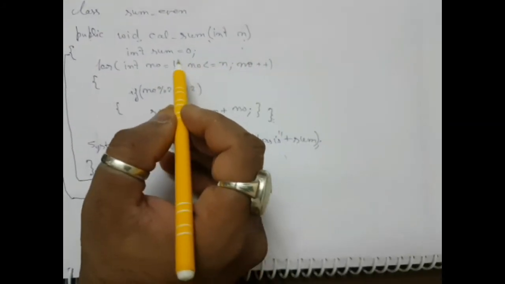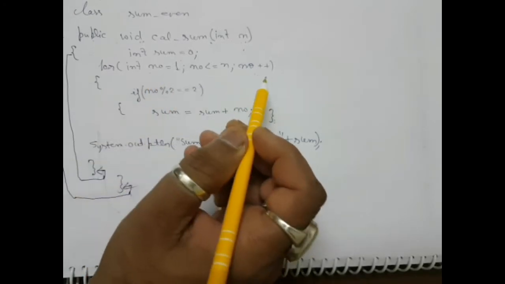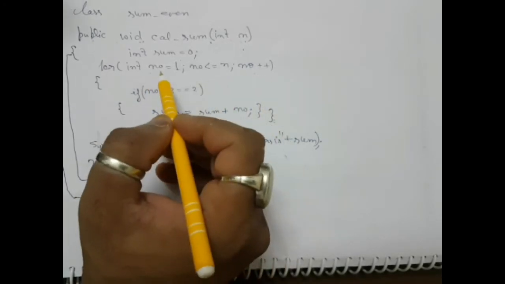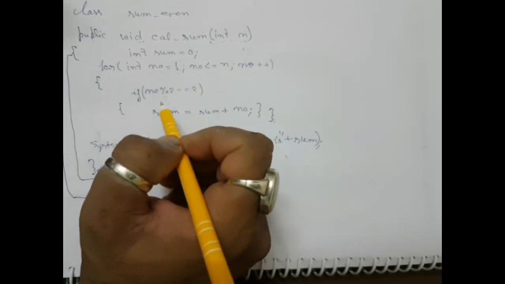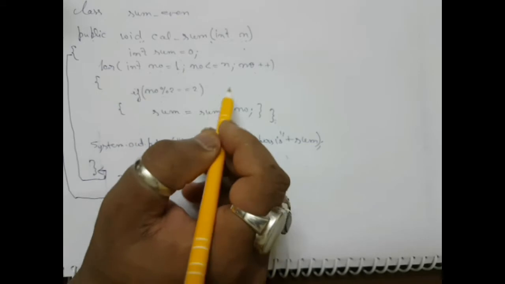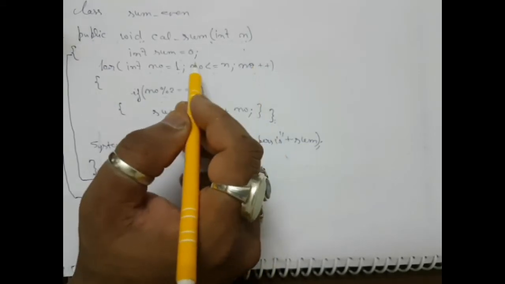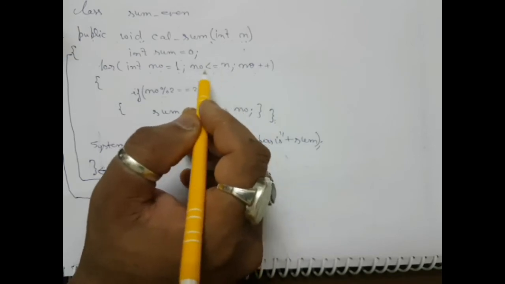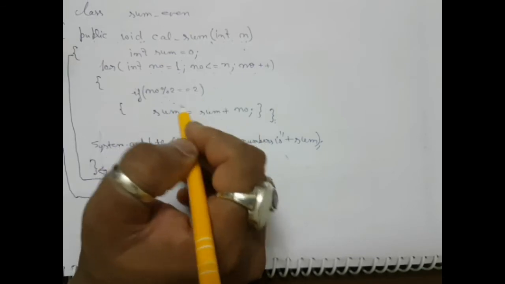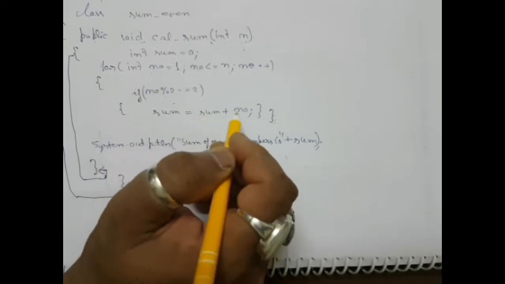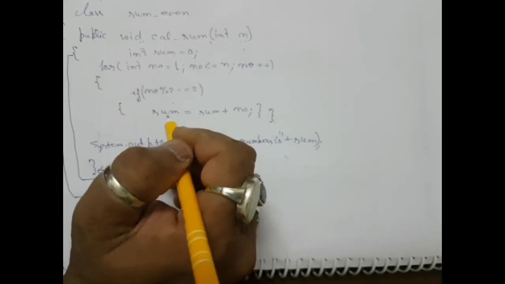Now after that, I have declared a variable to store the sum. Then here initialization, test and update, the usual loop cycle. Initialize with 1, then it is tested. If it is true, control comes here. After performing this process, it goes here, it increases the no by 1. Then it becomes 2. It is again checked. It is true, then it comes here. This time I am not printing number is even or odd. I am just adding that even number to the sum and storing the result into the sum. That is very, very important.